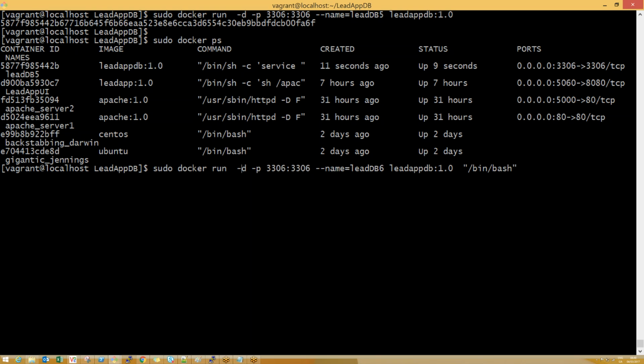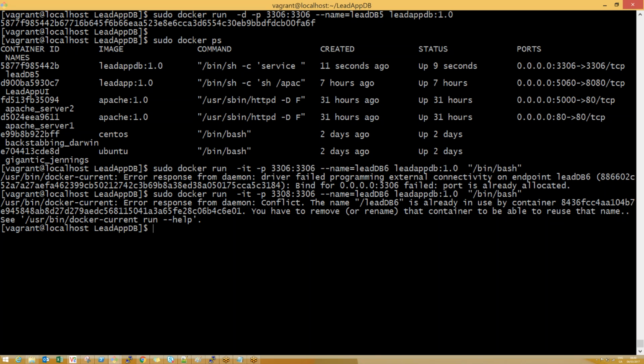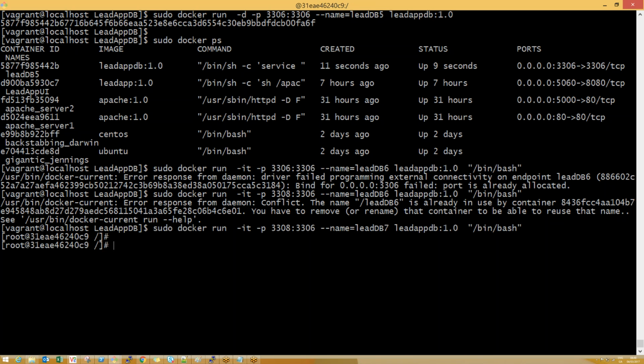This is a different container, guys. -it. Okay, endpoint is already open, right? So let's open 3308. Okay, db6 is already there now. Let's say db7. Can you see this? I'm inside the container. Okay, now mysql